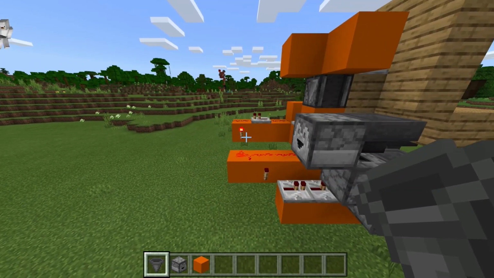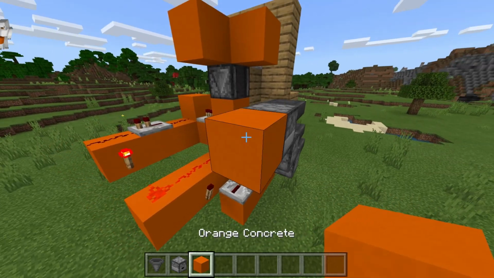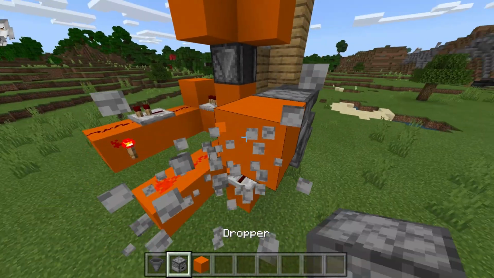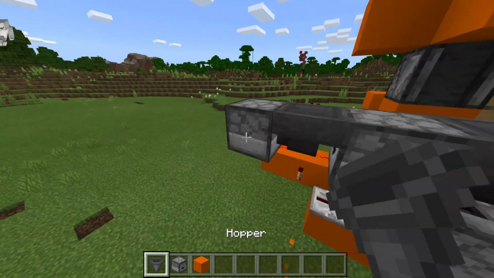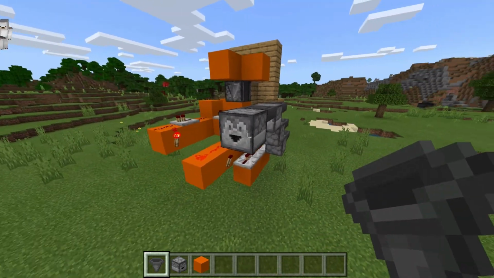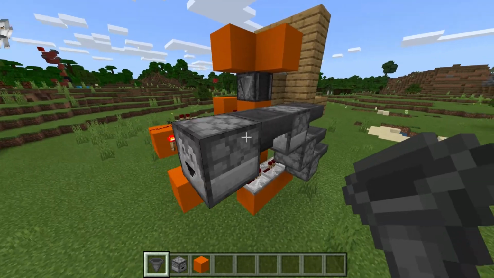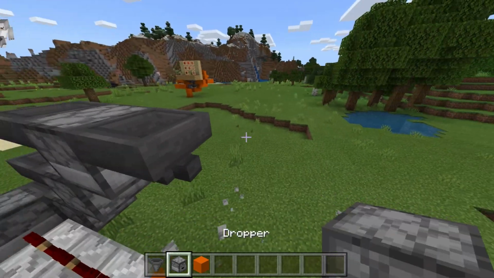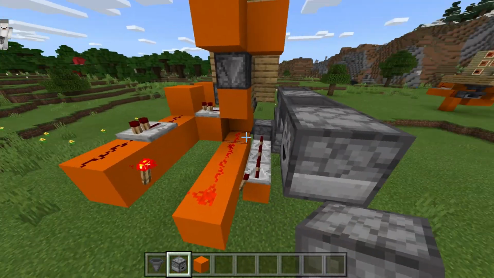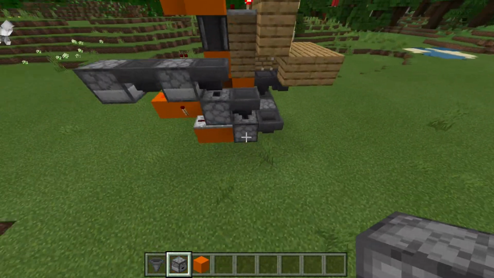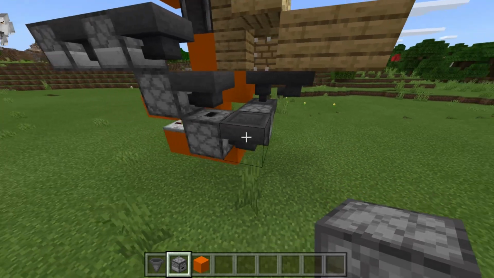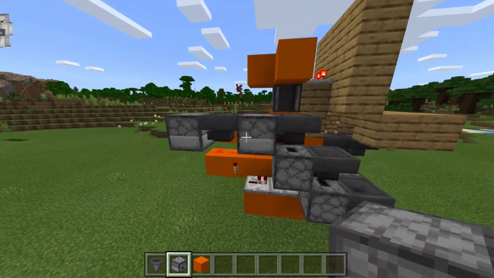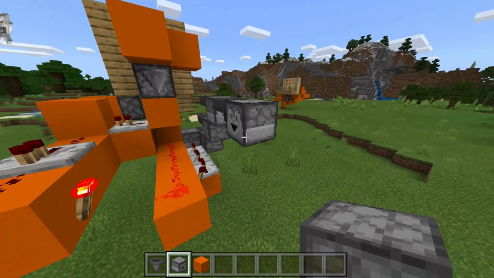Okay, so now we need to place another dropper, and then dropper like that. But make sure this dropper, so see I've got it facing this way, I did that so I can place the hopper. Make sure this dropper is actually facing back towards this redstone in here. So the droppers are going this way, then up, up, straight ahead, and then to the side,